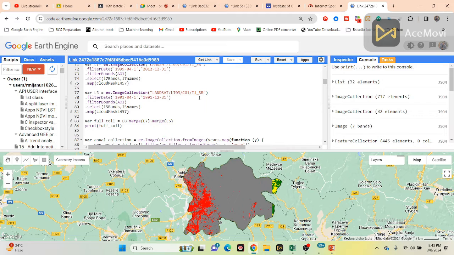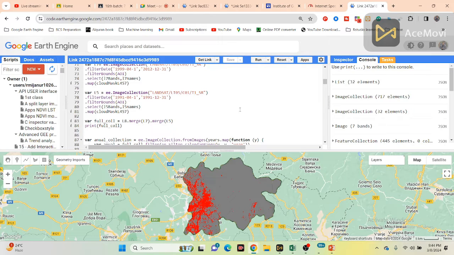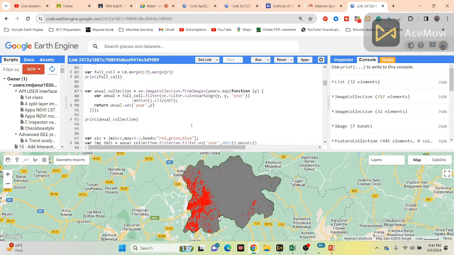Okay, so now it's working here, you can see. I hope you can also hear me. Sorry for the networking issue. Okay, so here you can see now it's loaded this map, and this time it shows